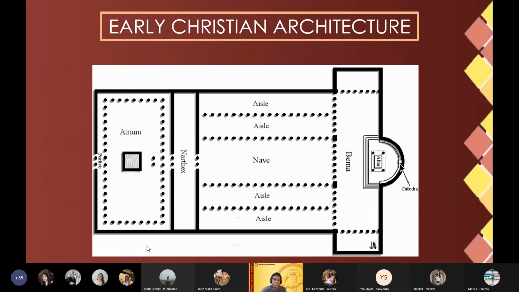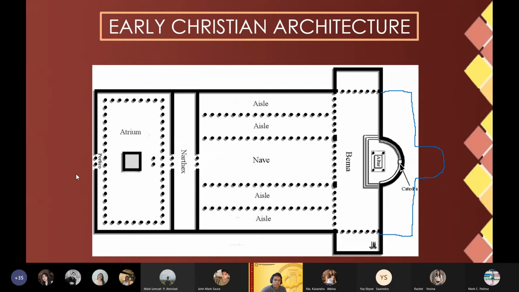Sorry, so again, bema. Sanctuary or where the altar is. This one here has a name, apse. If it has a cruciform shape, it looks like a cross. Actually, it is not yet a cross, because you have to extend this part here. We have to extend this part here like that. This part right here